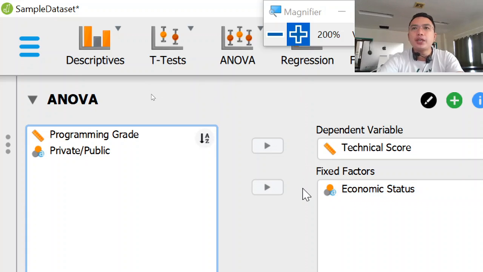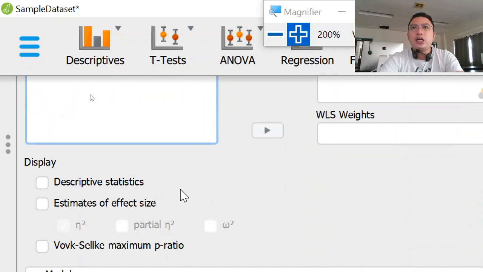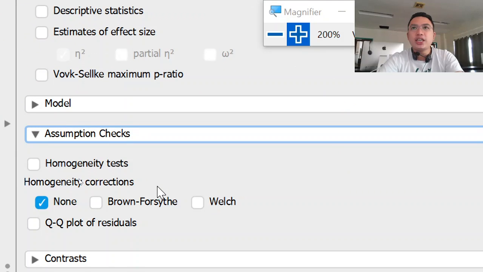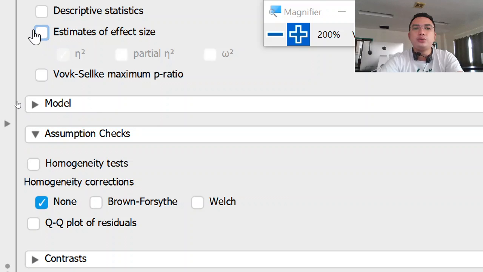So we'll be exploring other options given the menu space. For instance, it may be useful to look for assumption checks. So we'll be displaying assumption checks. So it should be the QQ plot of residuals and homogeneity tests. It is also helpful to select estimates of effect size and then partial eta squared if you want to.